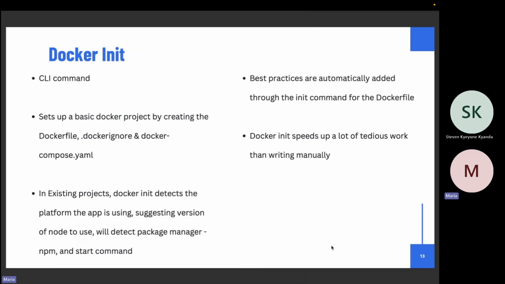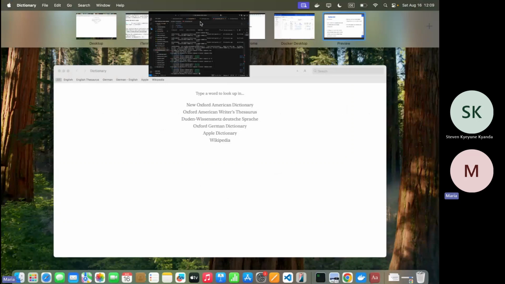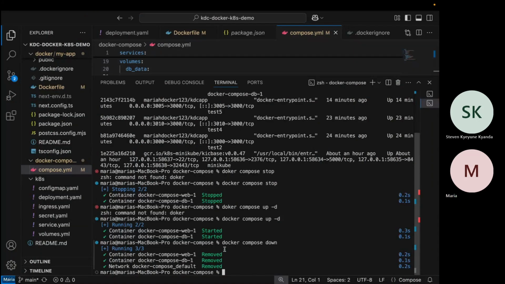So Docker init detects the platform that you're using. If it's a JS application, Python, it detects and creates a Docker file for you that has been optimized. So it speeds up a lot of work than writing manually what we've been creating. But we had to do that so you can get a grasp of the basics and the commands. So let's do Docker init and see how it works.